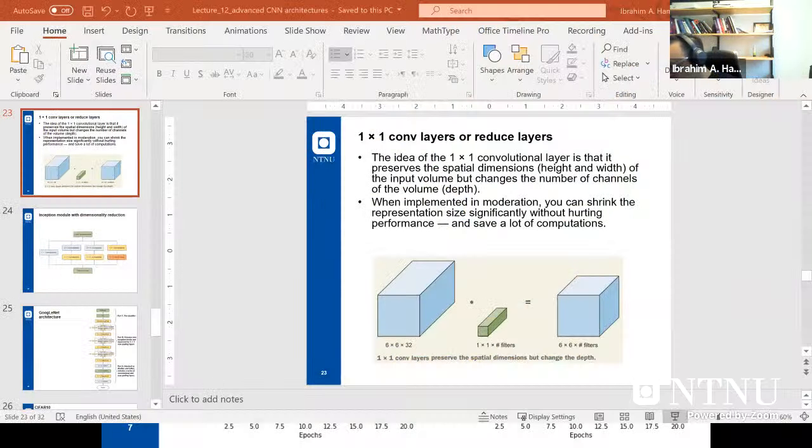Last time we talked about this 1 times 1 conv layer, or this reduce layer. We mentioned the idea about it last time. So the idea here, in fact, is to